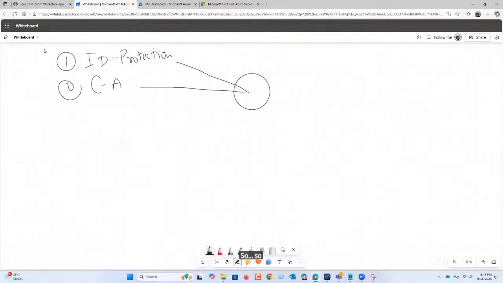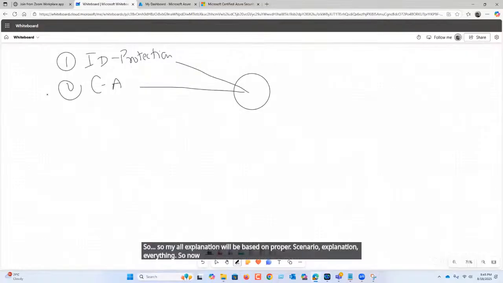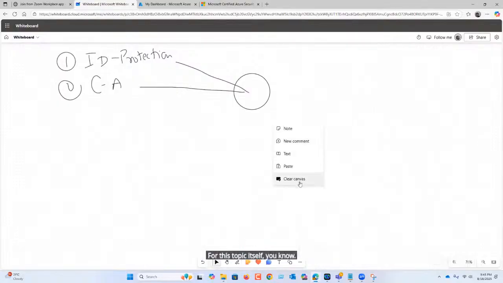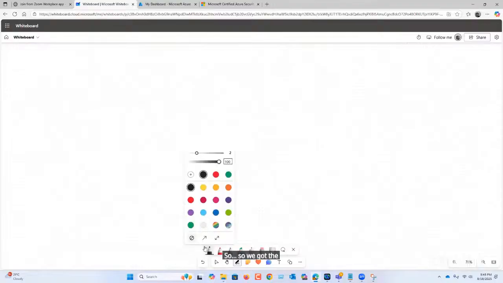So all my explanation will be based on proper scenario explanation, everything. So now a topic comes up. Let's do the demo for this topic itself, conditional access and identity protection. So we got a random topic today.